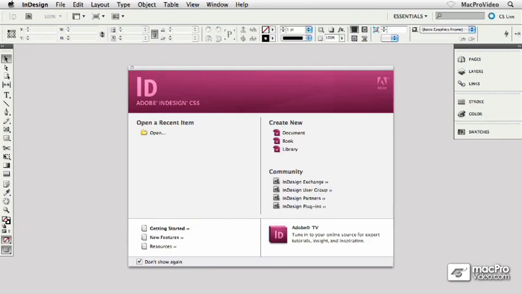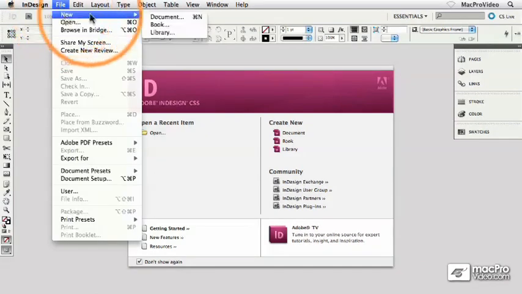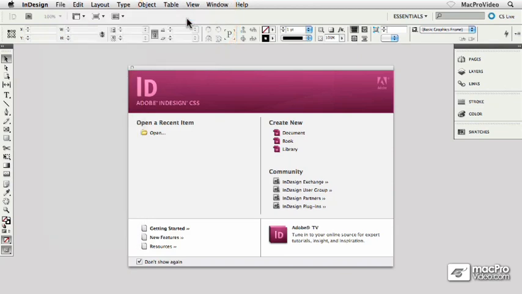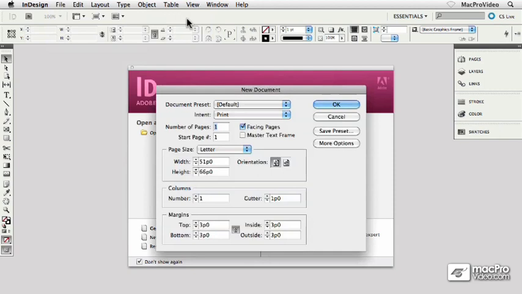Next up, let's go and set up a brand new blank document. If you still have the welcome screen in front of you, you can go ahead and click on Document underneath the Create New heading. Or you can head up to the File menu, then down to New, and then over to Document. Or of course, you can just hit Command-N on the Mac side, or Control-N on the PC side. Either way you go about it, you're going to wind up inside the New Document dialog